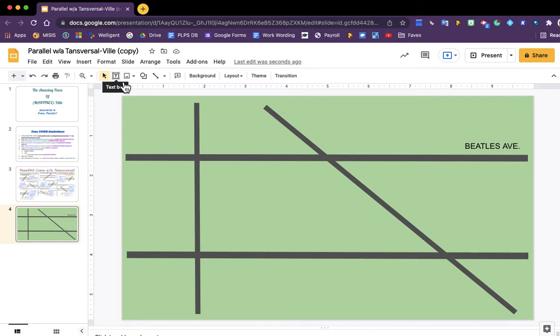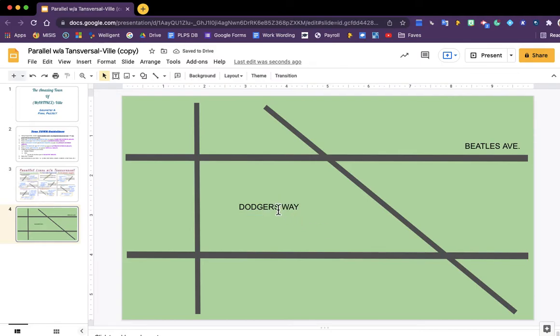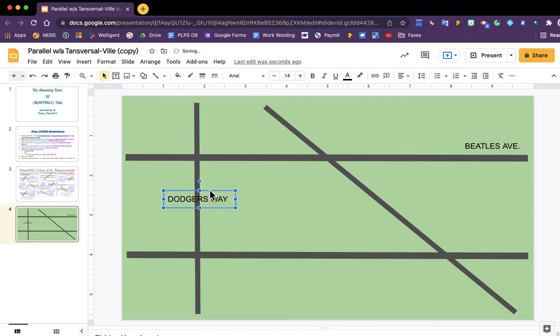So I go back to my text, and I'm going to, right in the middle of the screen box there, okay? I'm going to think Dodgers Way, okay? Now, I click on it, and you see the little arrows. So I want to name this one here. But I don't want to do it like that. That's lazy. So what I'm going to do is, everyone see this little